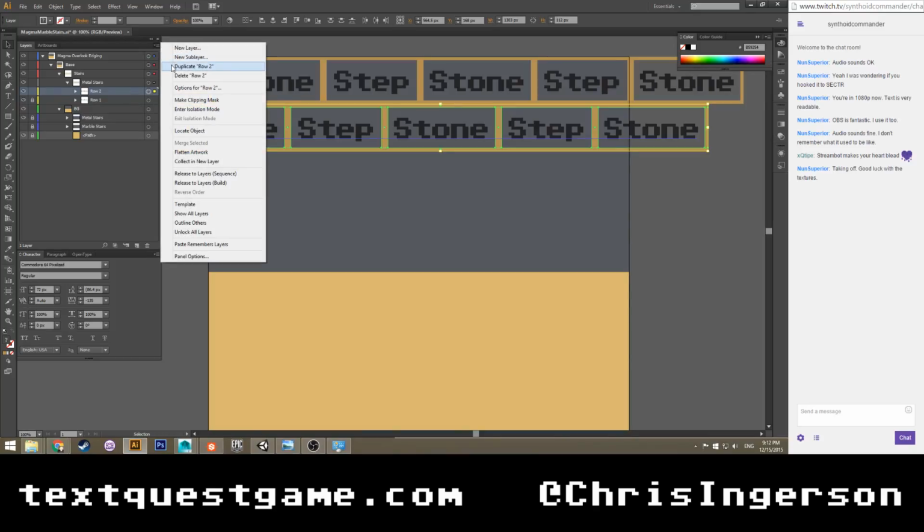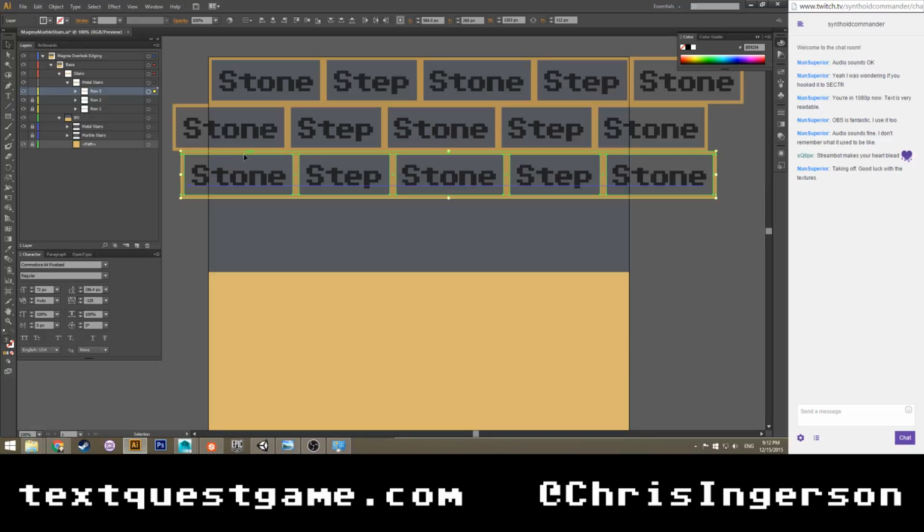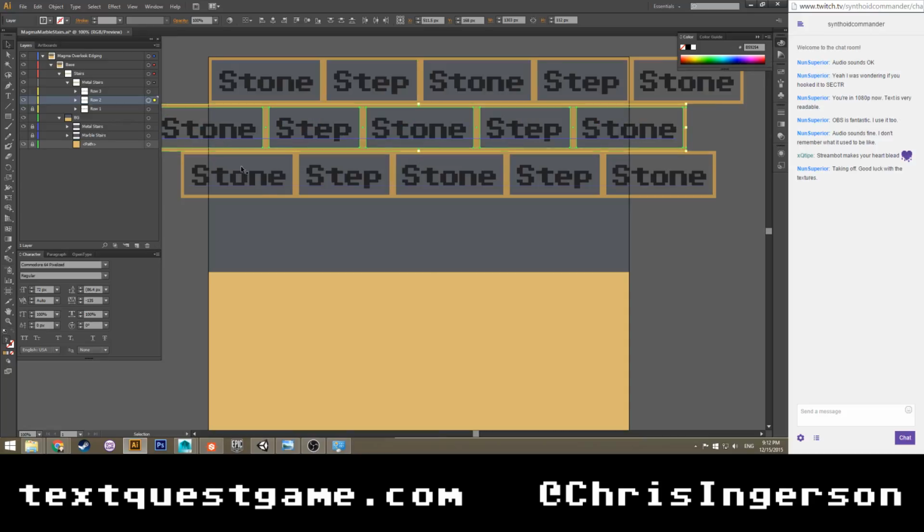Now let's duplicate row 2, call this row 3. Lock row 2. Let's grab this. Let's move it to be... That's a little too close. I'm going to suggest we move row 2 a little further left. Right about there. That's good.